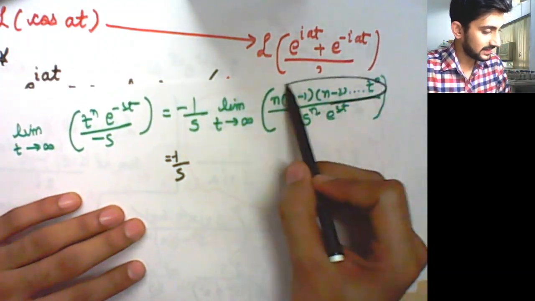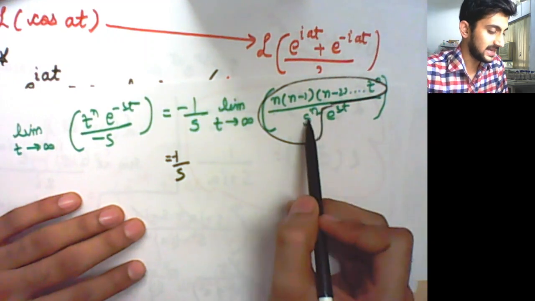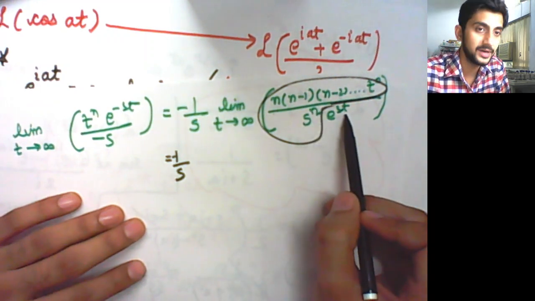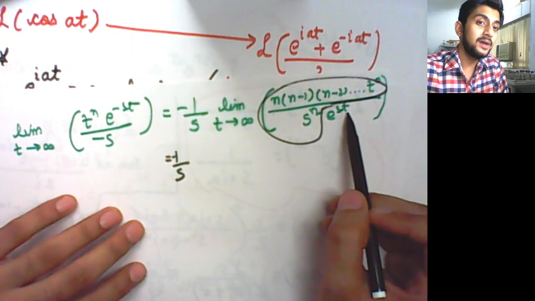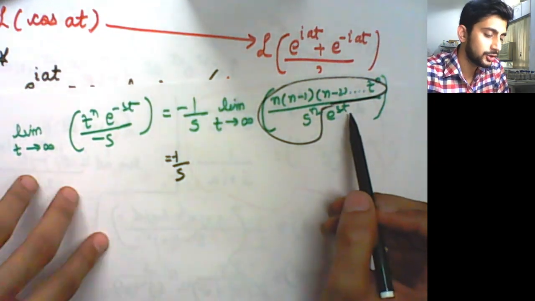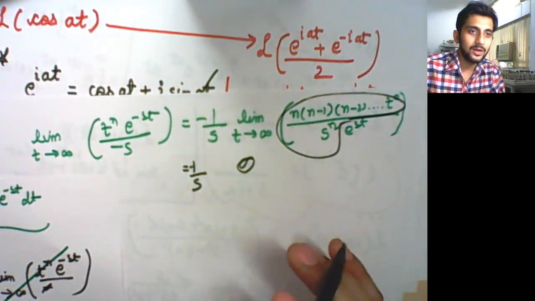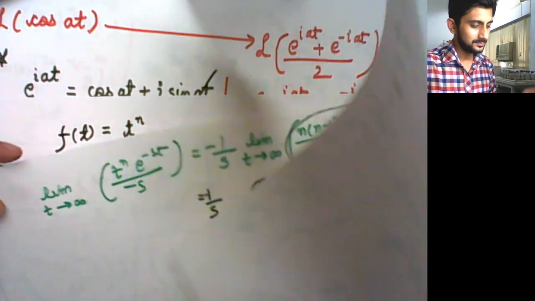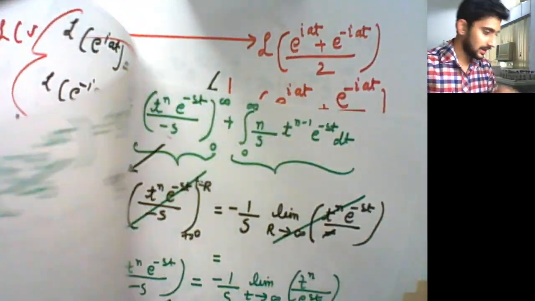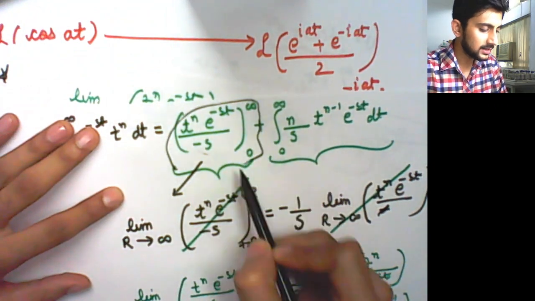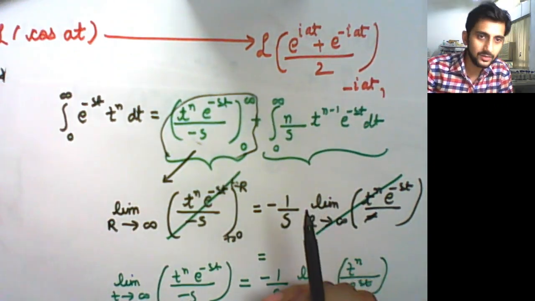no matter what the value of this is going to be, t is now in the denominator. So e to the power infinity is infinity, but it is in the denominator, so this whole term will be 0. So actually the effort from here to here did not help. It is 0. What I mean to say is, this extra term that is coming, it is actually equal to 0.